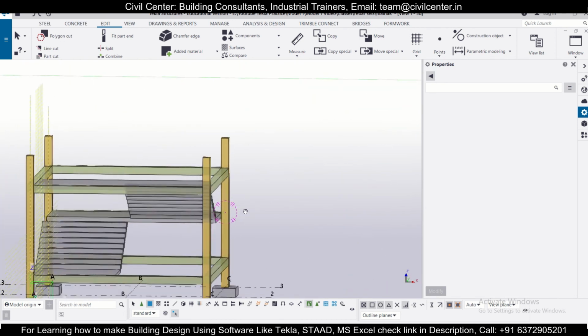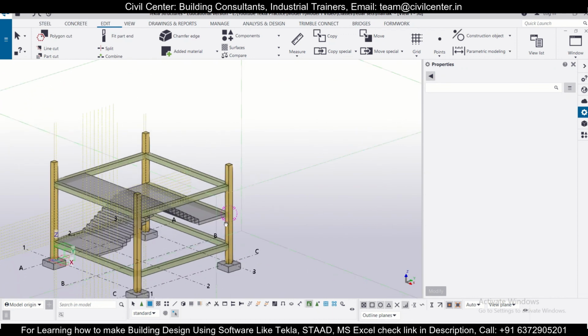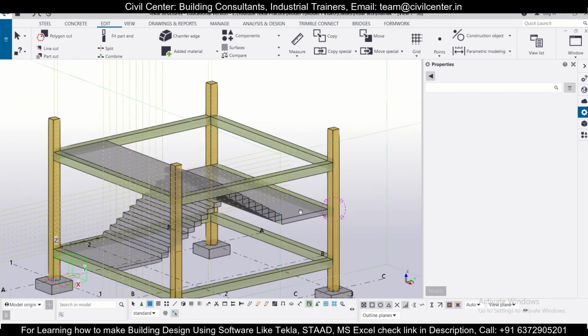This is a typical dog leg staircase, so you can modify your staircase design as per your preference, and in the next video we'll